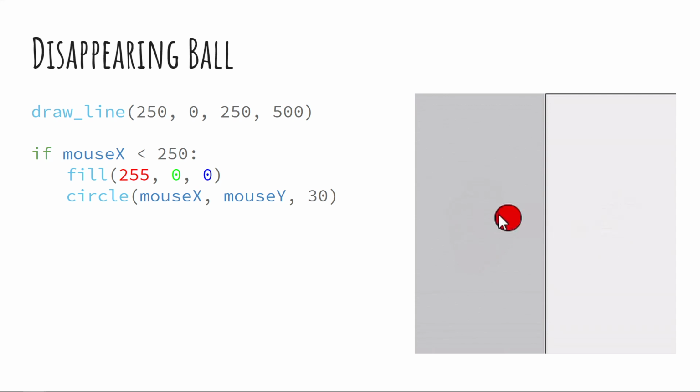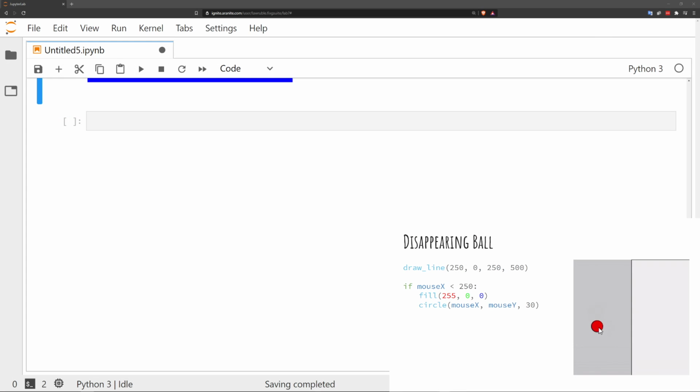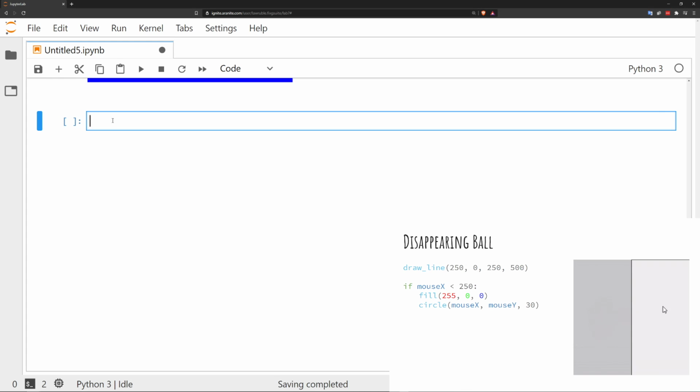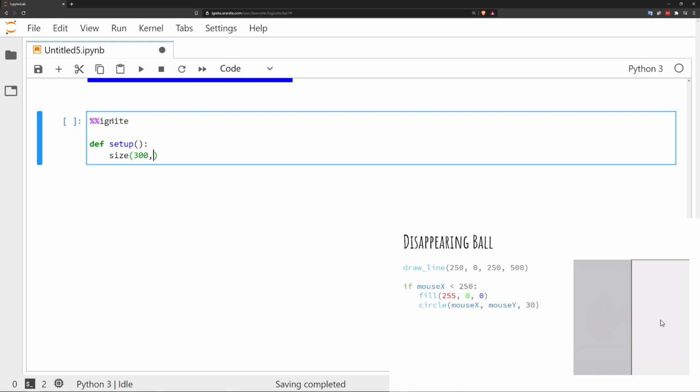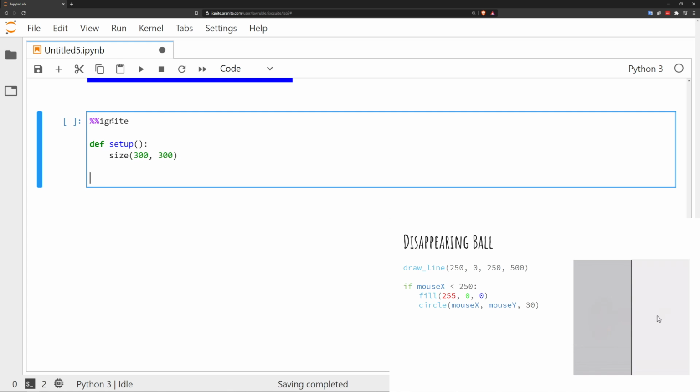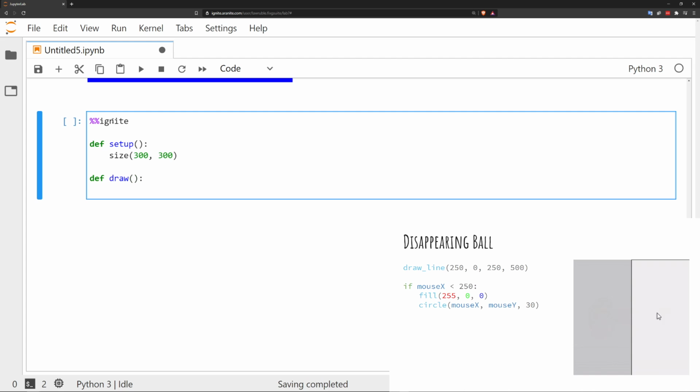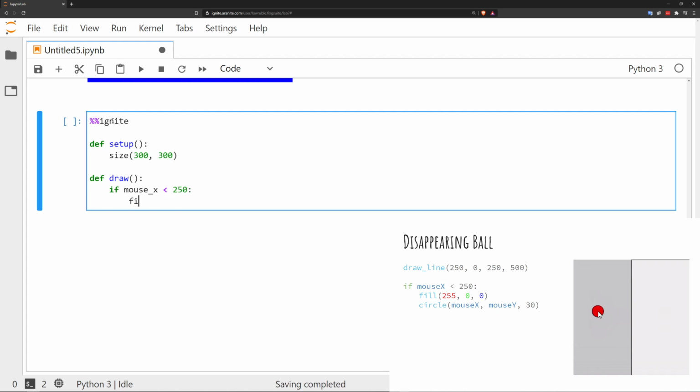I will just quickly pop us over to the coding window again, and we will just show that. And again, I'm changing the sizes just so it works better on my screen. Whoops. Bit of a slip there. And then we will say if mouse X is less than 250, fill 255, 0, 0,